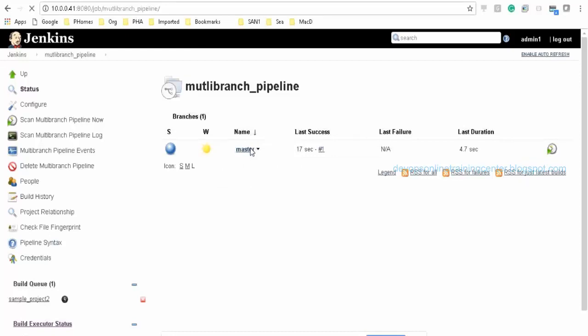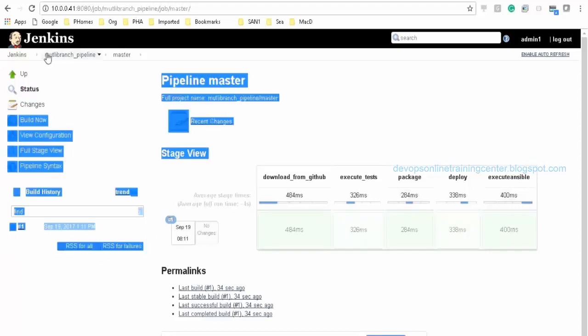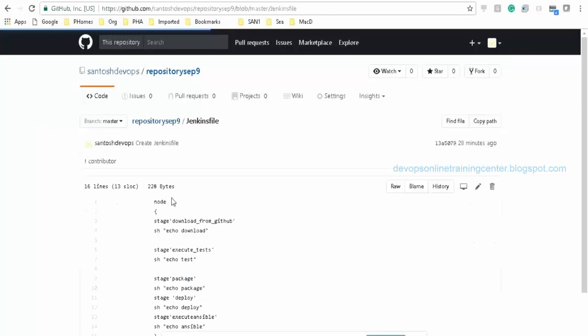Okay, and when I click on this, it has created a build with number 1 and it has executed the code. Right. Now let us say I'll just copy paste the same Jenkins file to develop branch as well.